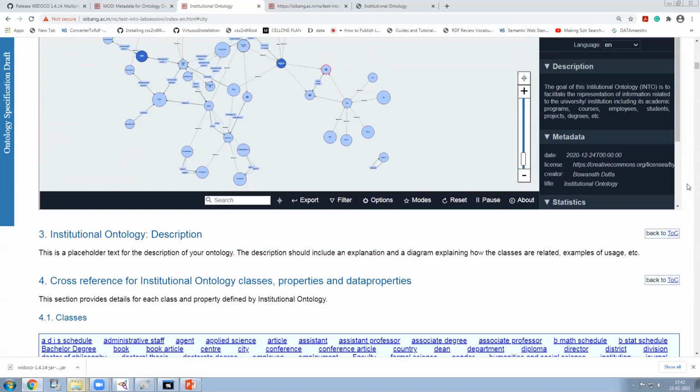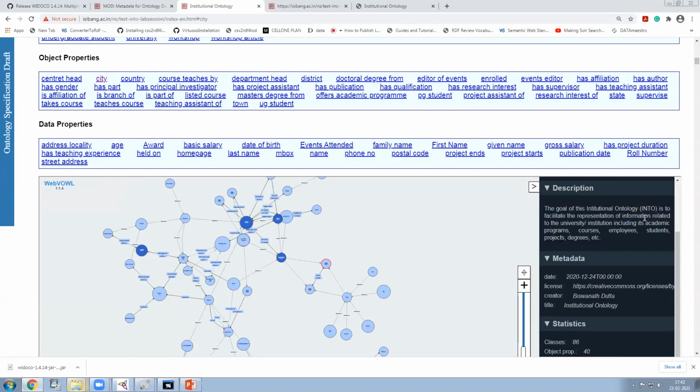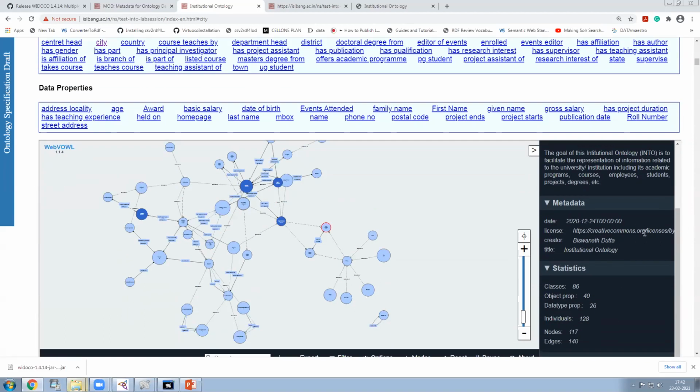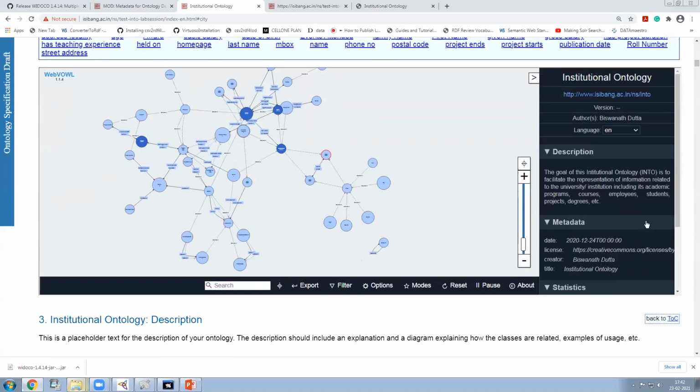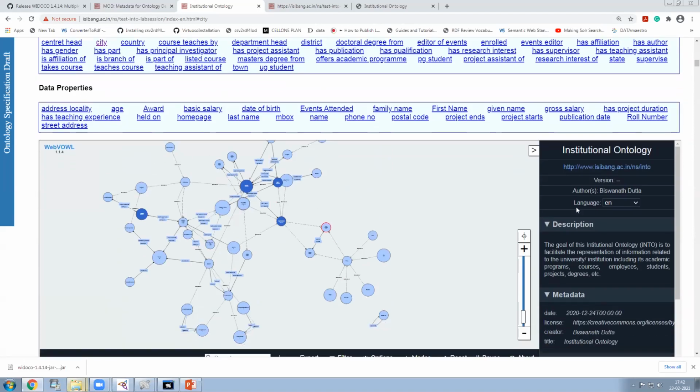So that means whatever facilities you had on your desktop computer, you can also share with others, so they can see it in a more user-friendly manner, rather than sharing that kind of code. Because ultimately, that OWL file we are generating is nothing but a piece of software code, and it's not for human-readable purposes. Only technical people can read and understand it.